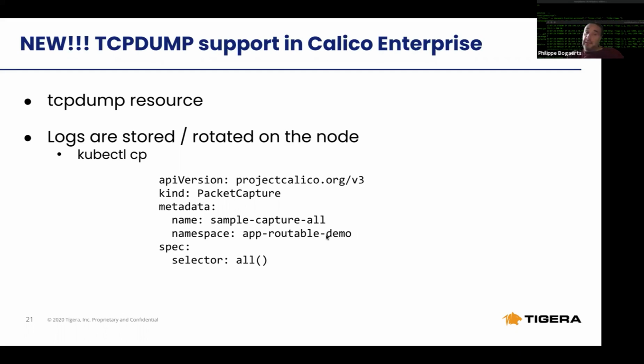So what will happen is if you launch this packet capture with kubectl apply, it will automatically go for all the applicable pods, in this case, all in a specific namespace, and capture that traffic and put it in files on the nodes so that you can copy them. So you will find a packet capture per namespace and per pod, which is pretty cool from a troubleshooting perspective,